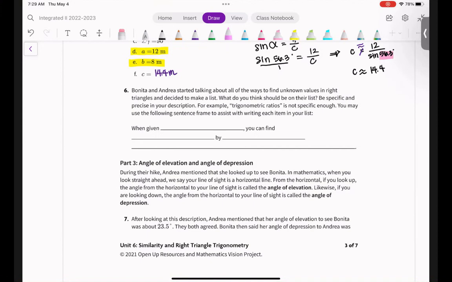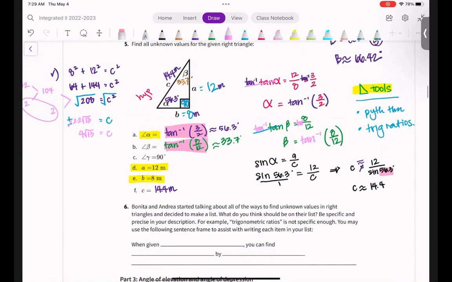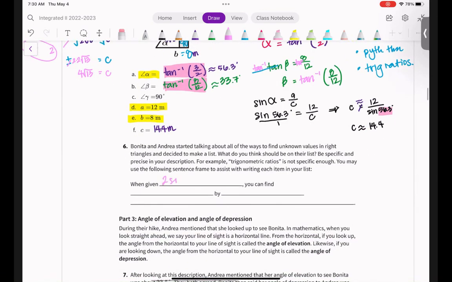Now, there's a bunch of them that you can write. I'm not going to write them all, but I'm going to write one with you. So let's talk about this one. When we were looking for alpha, they gave us 2 sides of a triangle. Okay. They gave us 2 sides of a triangle. So when given 2 sides of a right triangle, you can find the blank. And how did we find alpha? So you can find an acute angle, right? You can find an acute angle by using,